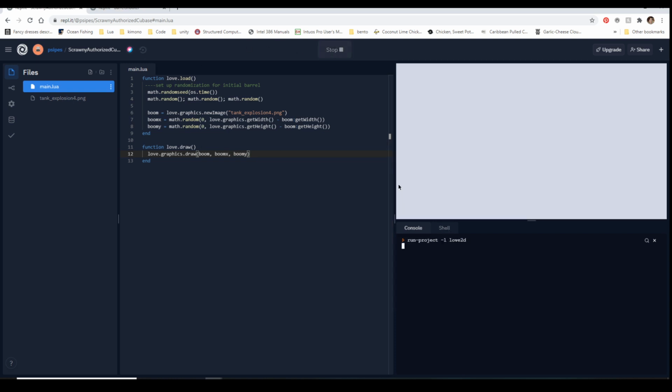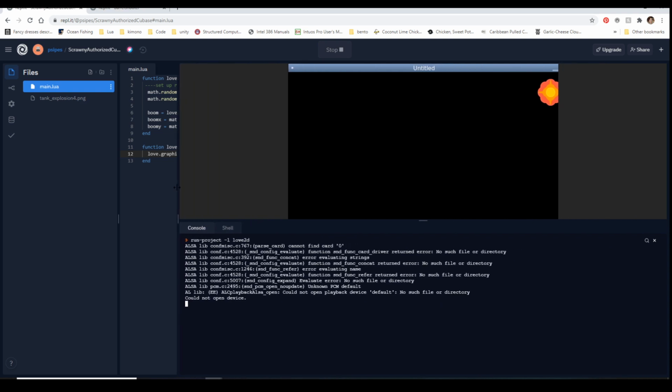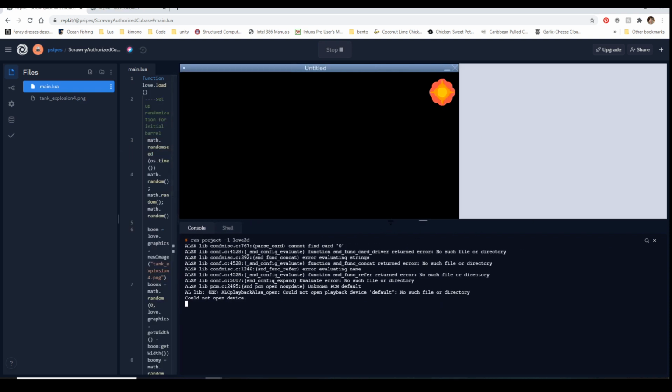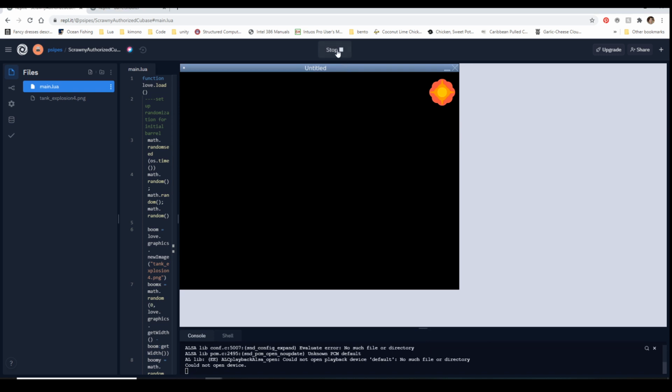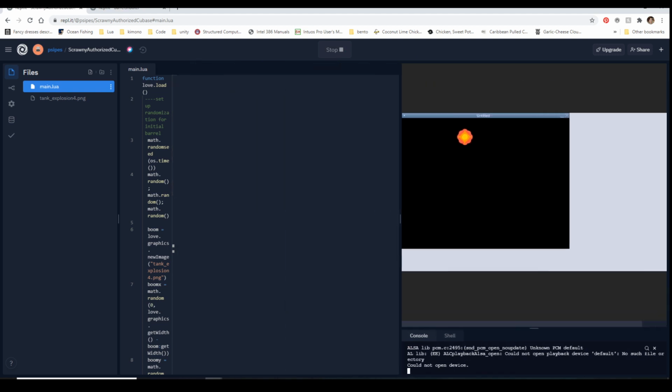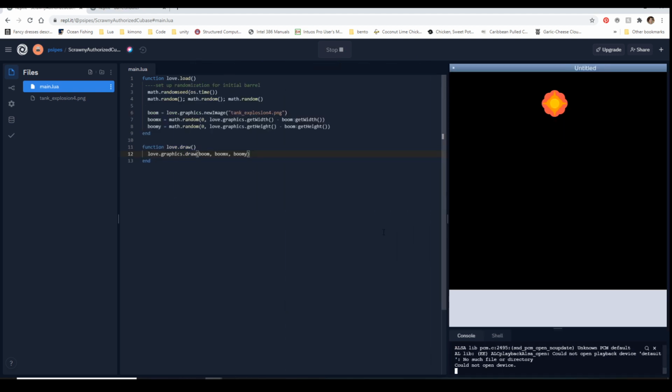And now it'll always draw within your constraints, so it'll always stay within that area. This is kind of the holy grail, these two things: love.graphics.getHeight, love.graphics.getWidth, and then getHeight, getWidth of the image. So it makes life nice. Does that make sense?